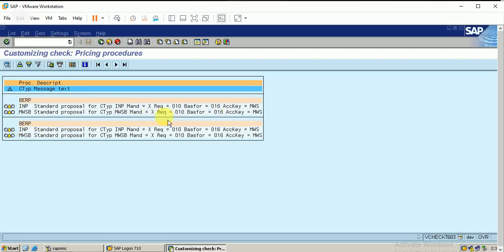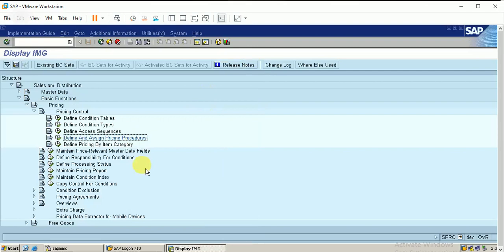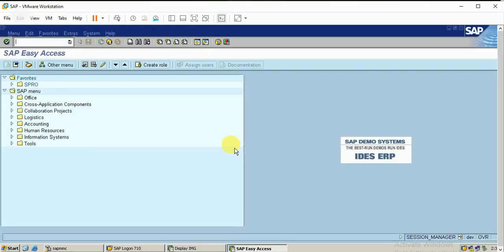Okay, there is some warning with our standard proposal X required B16. Okay, there is no big issue found. So let me go to the next step, that is, let me create the accounts.